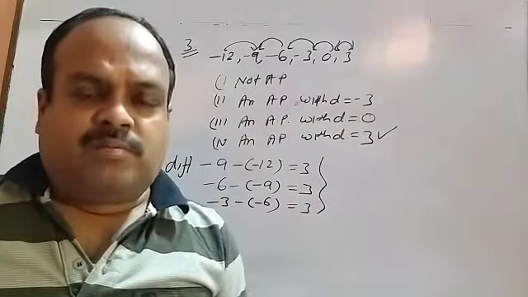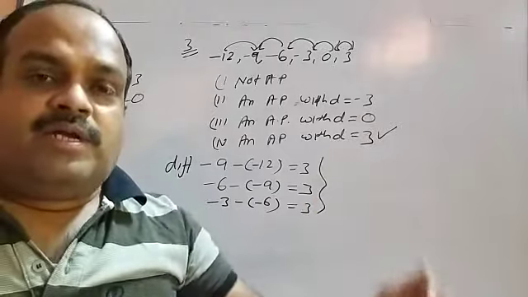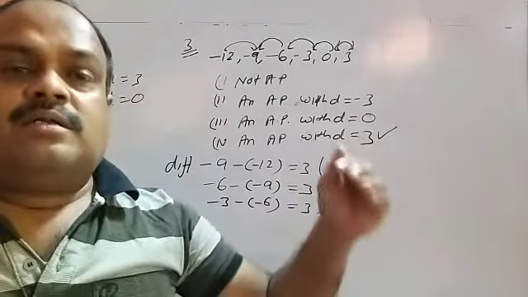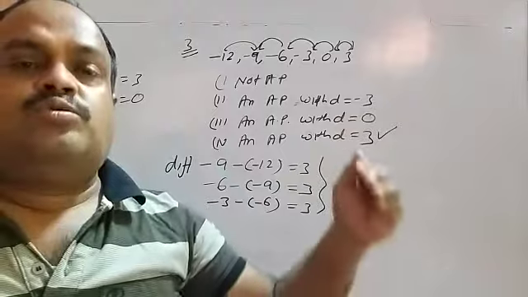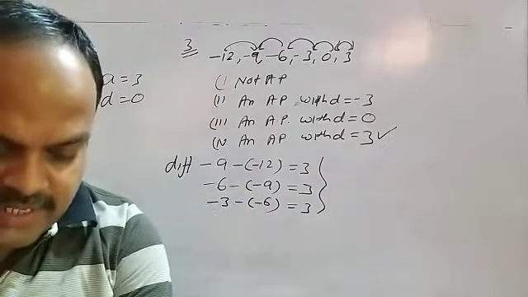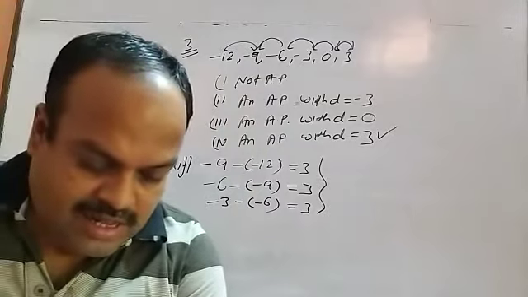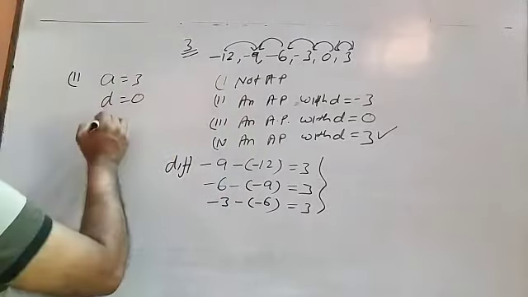How will the series move? Because we know that to form an AP, we need to add the common difference d to a term to get the next term. So in an AP, a is 3 and d is 0 and n is equal to 7,